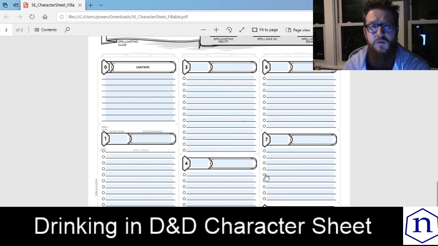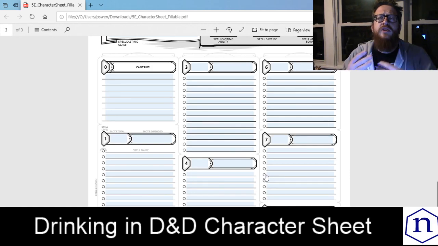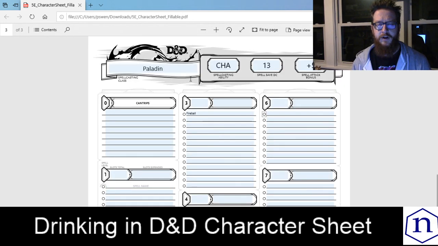So it doesn't work both ways. I can't cast what would normally be an 8d6 Fireball at 6d6 using a 2nd level spell. I just can't cast it at all. There has to be a certain amount of magic that you put into it. And you're keeping track of all of that along here, and sometimes maybe I know Fireball,